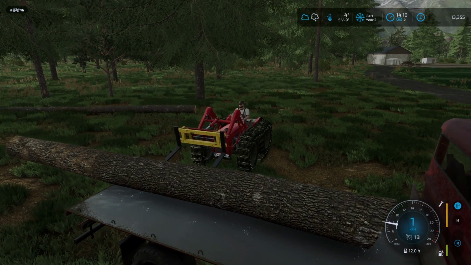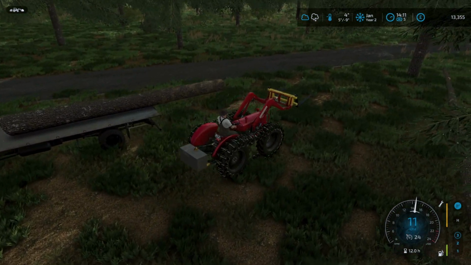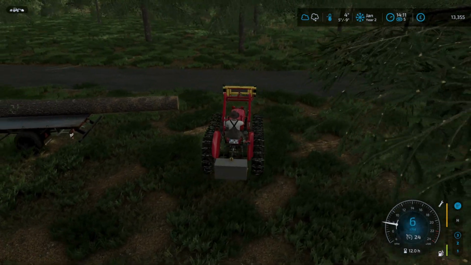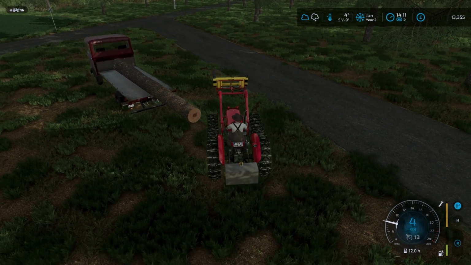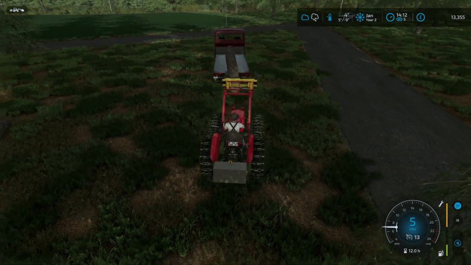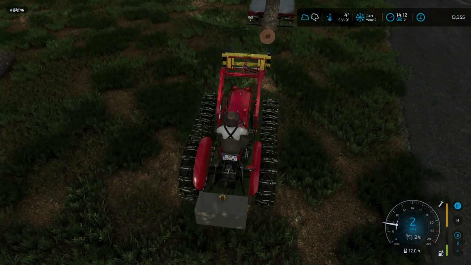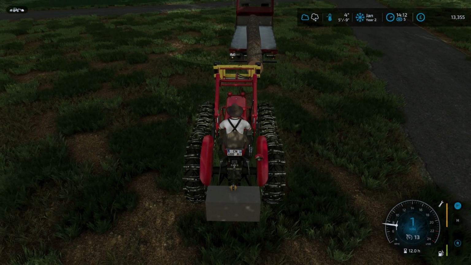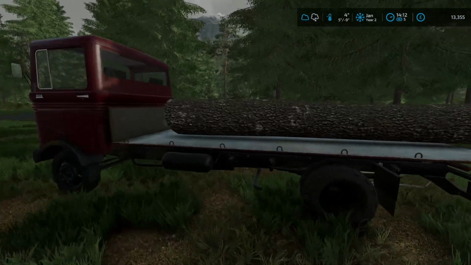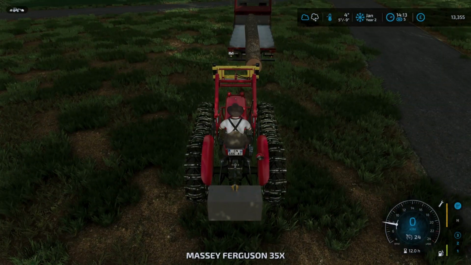Right, okay. So what I mean by that is this log would stick out even further if we had the logging bed attachment, because it doesn't go all the way to the front of the truck. It comes about that far, actually, so if we can push this closer, otherwise we're just...